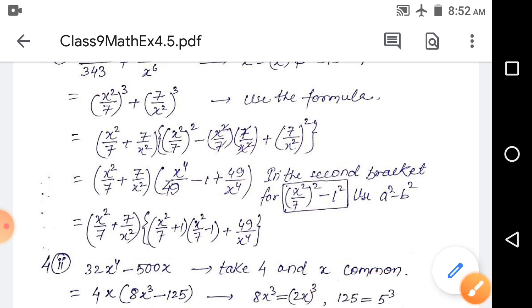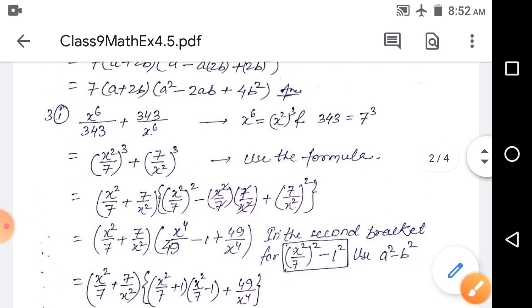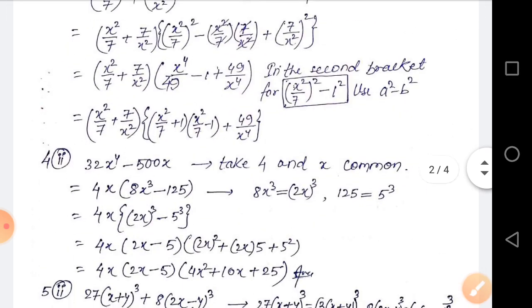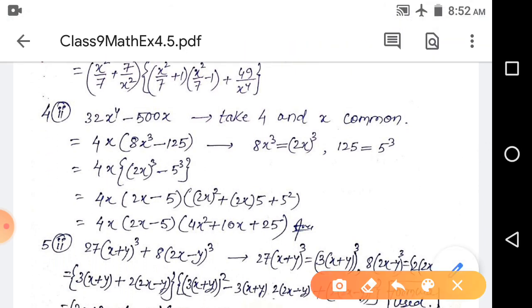Now come to the next question. It is not next, it is 4 b 2. Question number 4 b 2, because b 1 you can solve. See, the question is 32x to the power 4 minus 500x cube. Again you can think that those two terms are not perfect cubes, because this is x to the power 4 and here it is x,